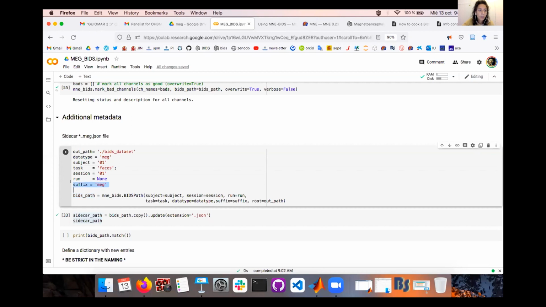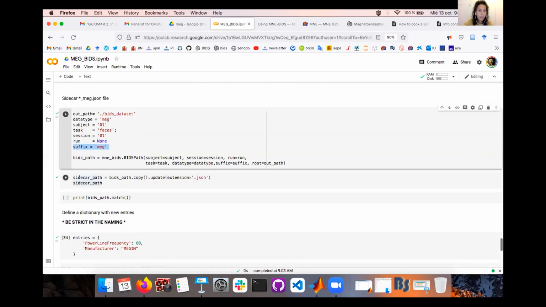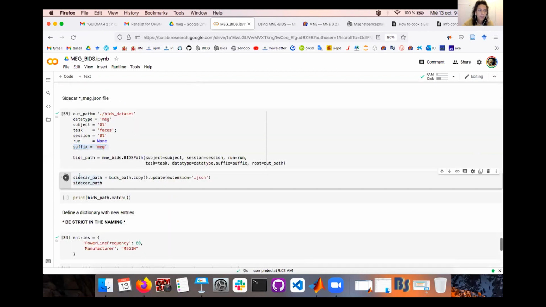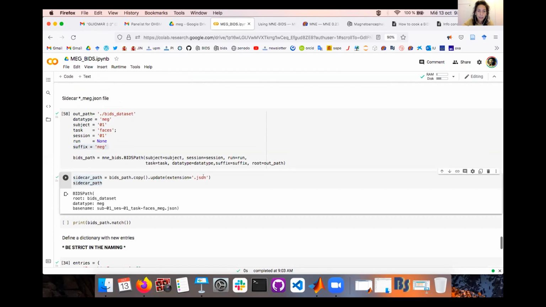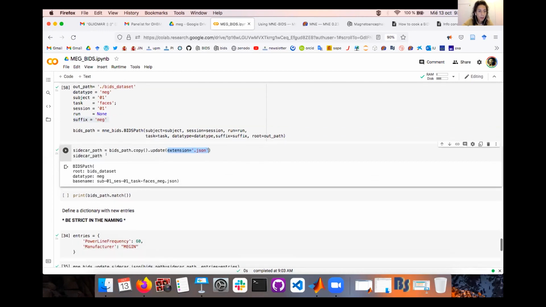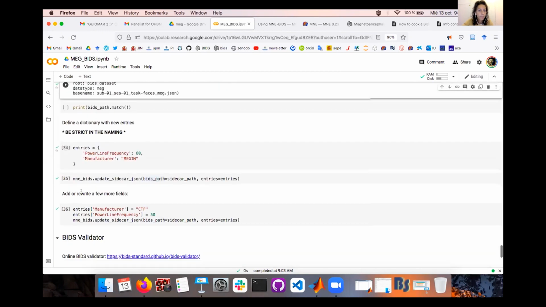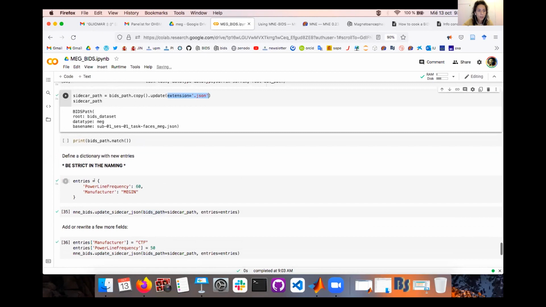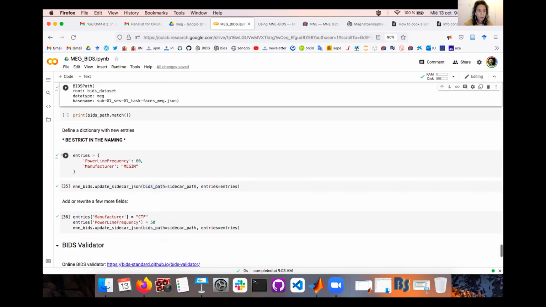Now it's important to add that if we want, for example, the MEG JSON file, we need to specify the suffix, which is MEG, and then we get a BIDS path that we can make a copy of and specify that we want just the extension JSON. So our new sidecar path will be this one to be edited.